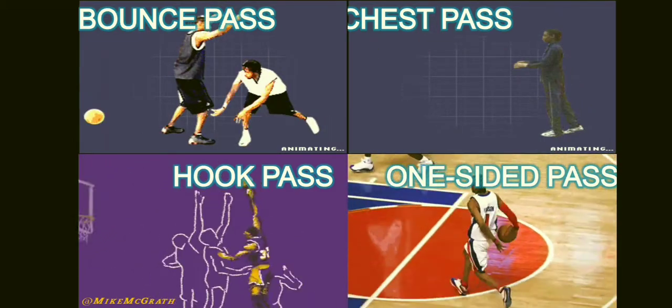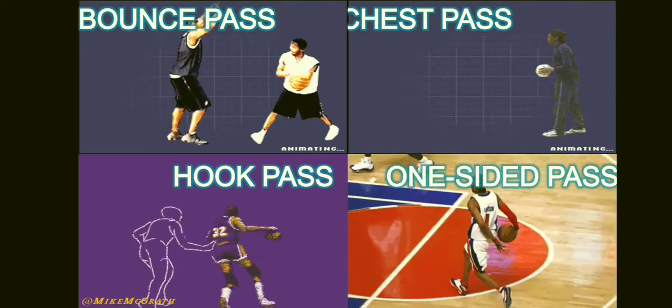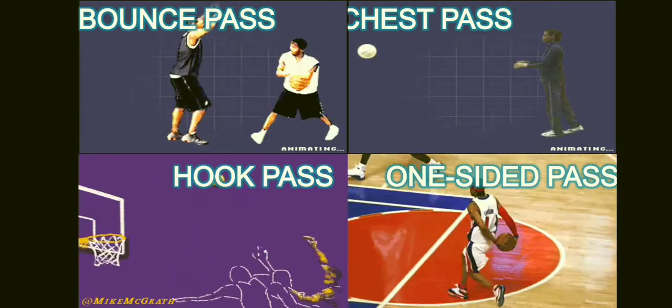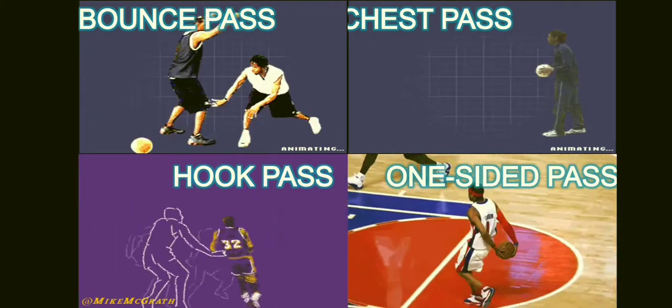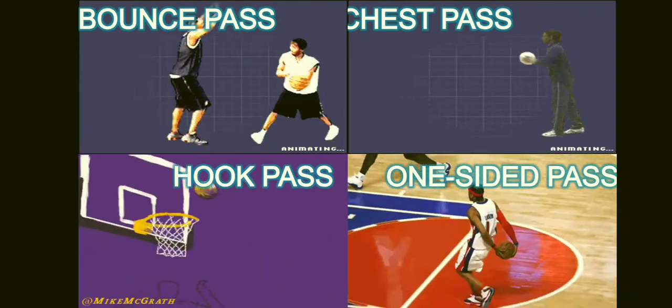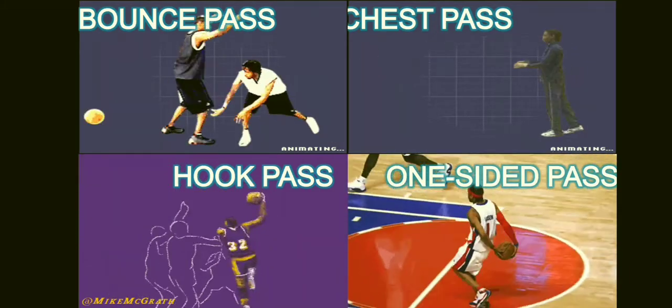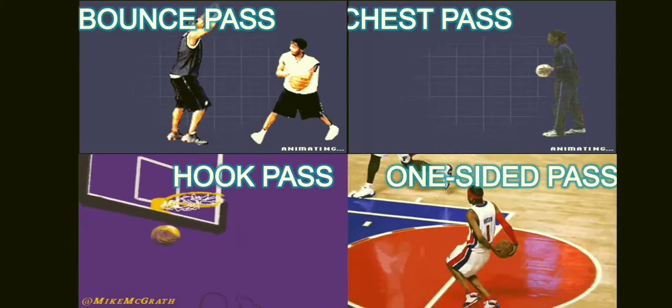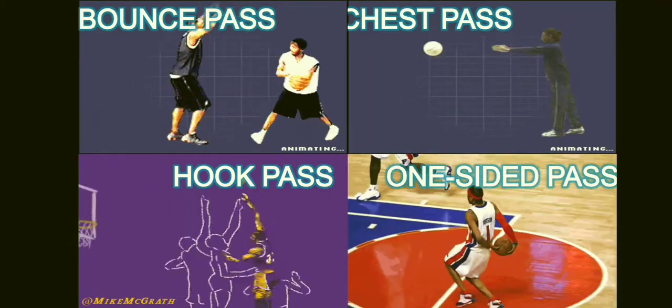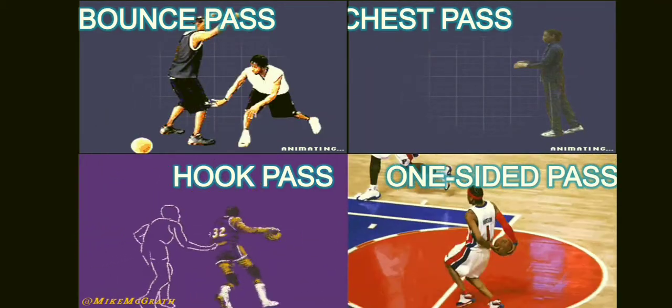In the hook pass, point your foot towards the player you intend to receive your pass, and at the same time lift the ball well above your head with the opposite hand before you. In the bounce pass, similar to this pass, but the ball is aimed downward. It should reach your teammate after the bounce and at a convenient height.